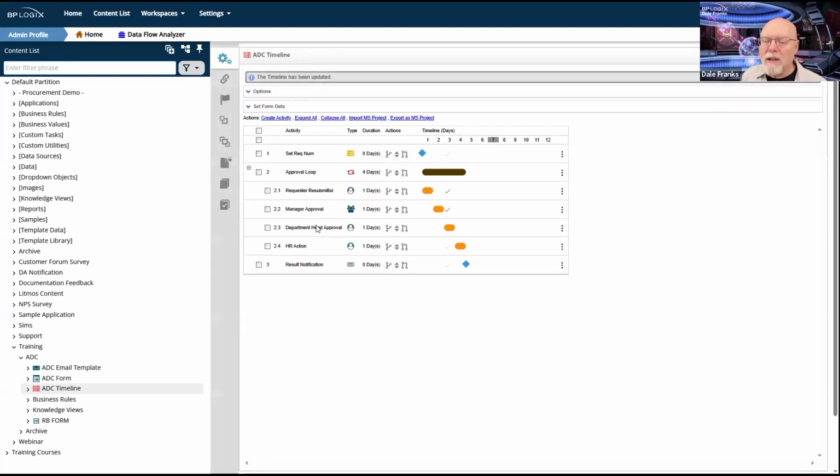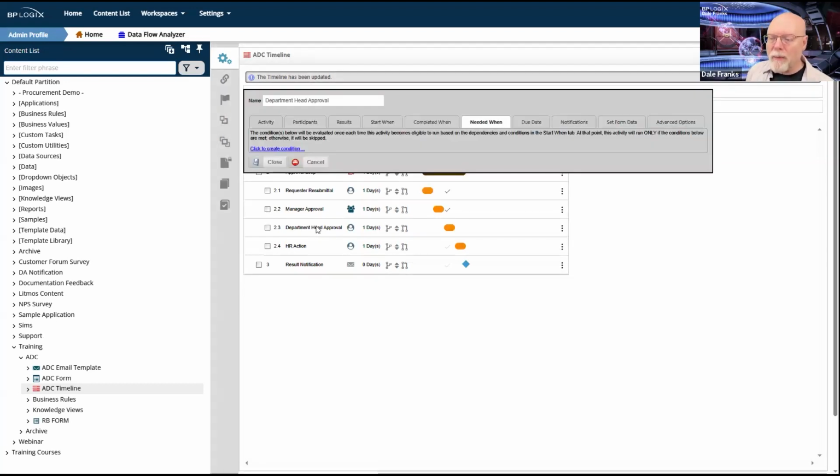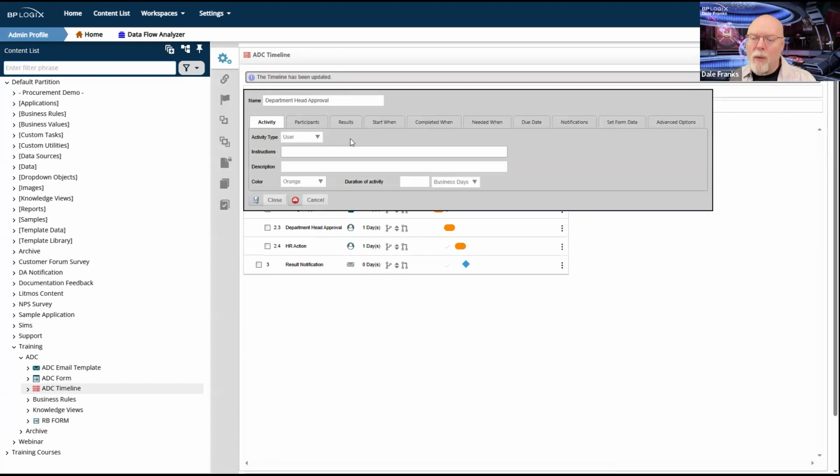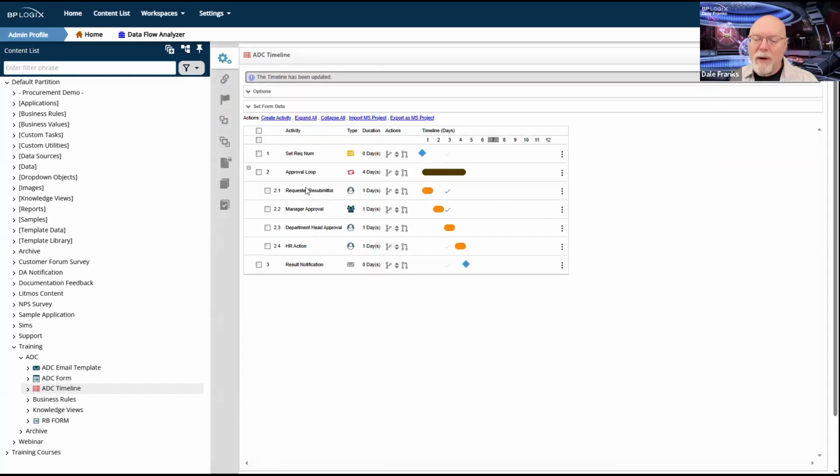Great. So now we move to department head approval. Now this is going to get a little more complicated in terms of how we are going to configure this. Obviously, I need some instructions here, which are missing at the moment, but you know what I'm going to do?